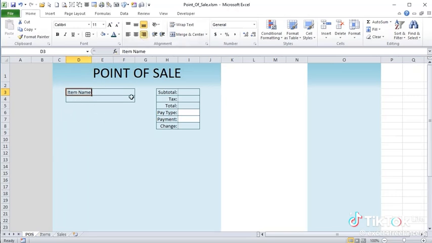Okay, so we've got the item name. We're going to put the calculated information here. And then I also want, of course, the price of the information. Let's go put that in the 6th price. We want to show the price. We want to be able to change that price as well. So we're going to put that as white. And I also want the quantity. We also want to change the quantity